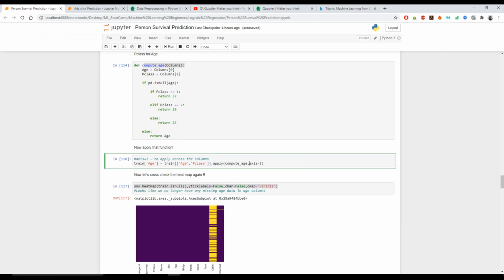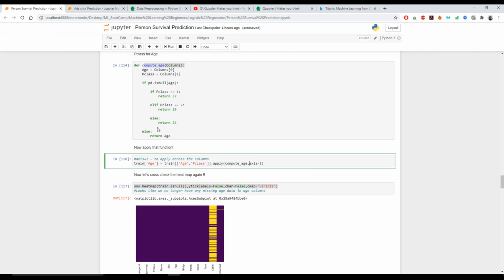I'm passing axis as 1 because I have to apply it across the columns. Once that is done, I will generate the heat map to cross-check whether the age column has been filled or not.